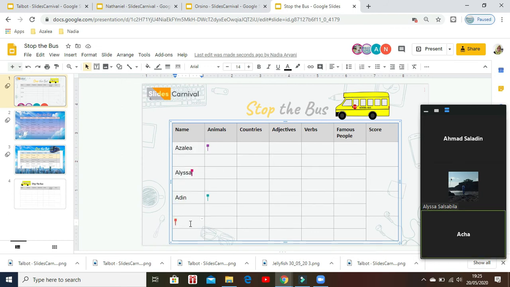So I will give you a letter, and then with the letter you have to write words that begin with that letter in the category of animals, countries, adjectives, verbs, and famous people. If you finish first, don't forget to say stop the bus. And then I will give you points next to the score, under the scores I mean. Okay? Let's go. The letter is